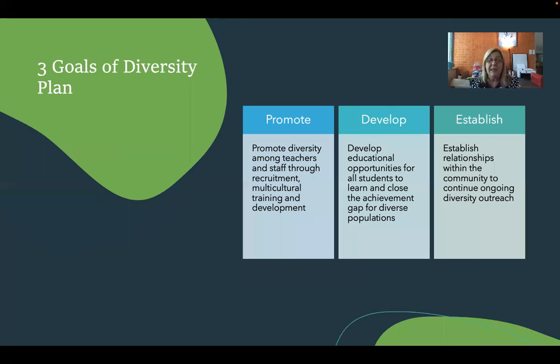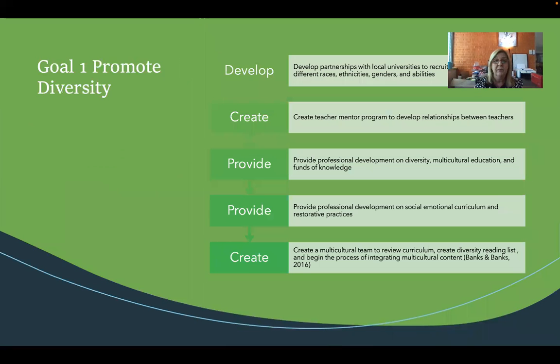So the three goals of my diversity plan are to promote diversity among teachers and staff, develop educational opportunities for all students to learn, and establish relationships within the community. So for one, to promote diversity, I would like to develop relationships with universities to be able to recruit all kinds of teachers from different races, genders, ethnicities, and abilities,